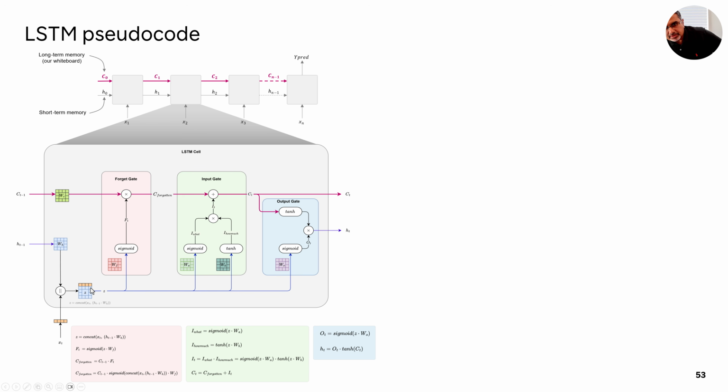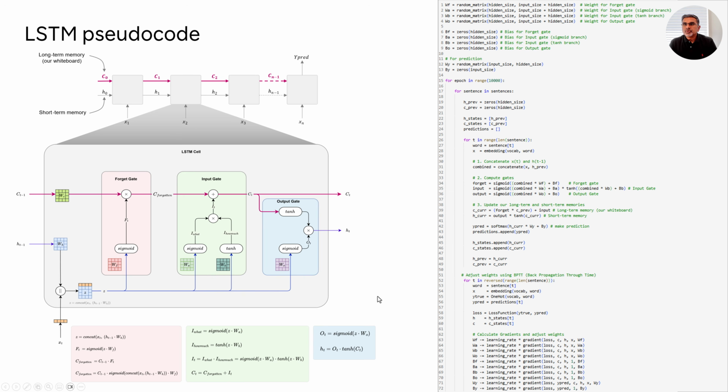So this is our familiar picture, the LSTM cell with all the forget, input and output gates, with the long-term memory, which is called the cell state, and the short-term memory, which is the HT. Again, these are the formulas that show you how these gates operate and how these values are manipulated. So I hand-coded this LSTM implementation using just NumPy, and it helps us figure out how you would translate this from concepts to actual implementation.